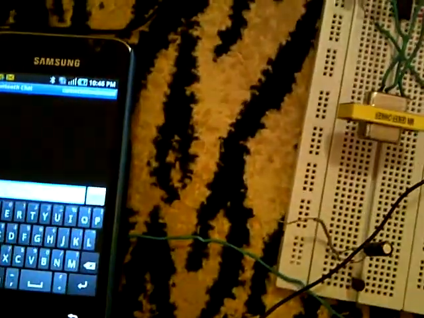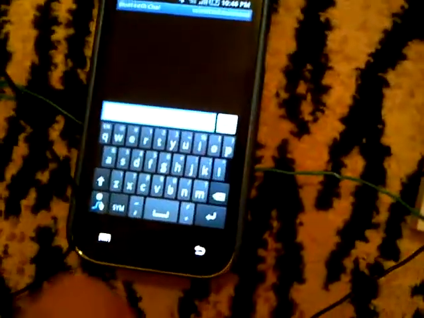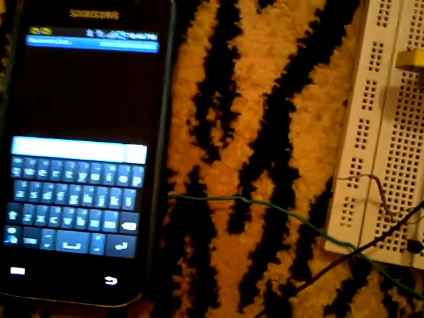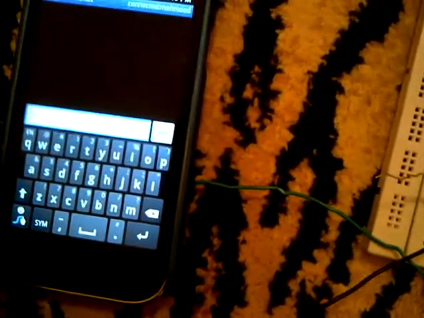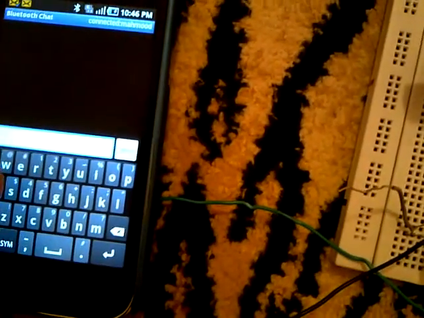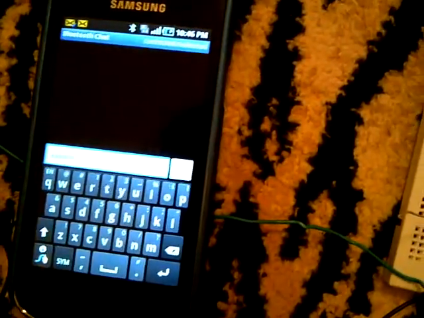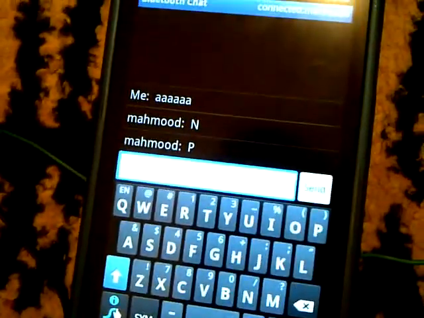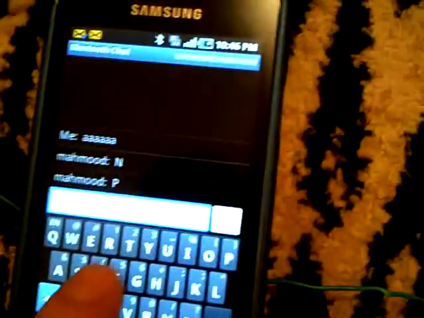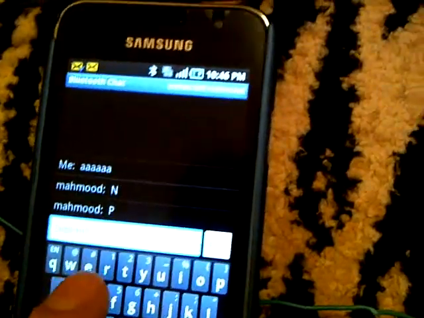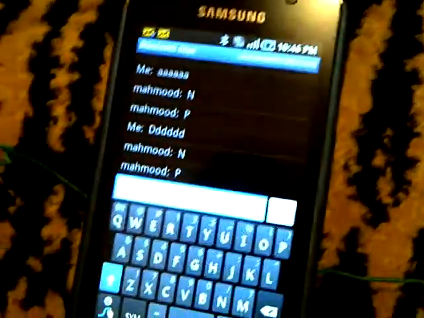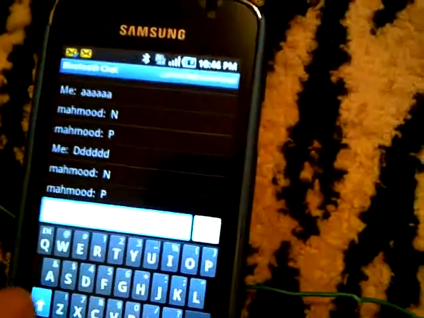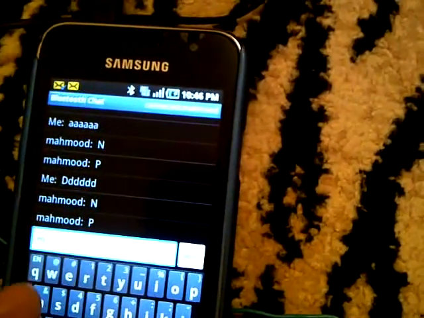Now I will enter some password. My password, let's say it's 6-digit. Let's say I will enter this password, which is a wrong password. It will say no and enter the password again. If I enter another password, it will say no again and enter another password. If I enter the right password, which is my name,